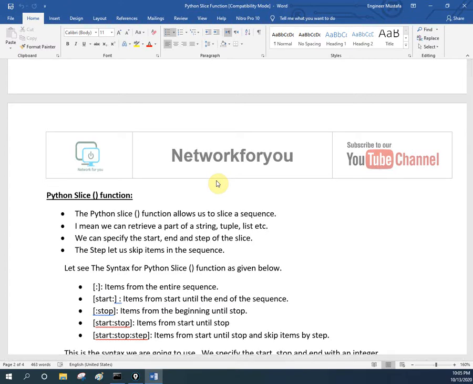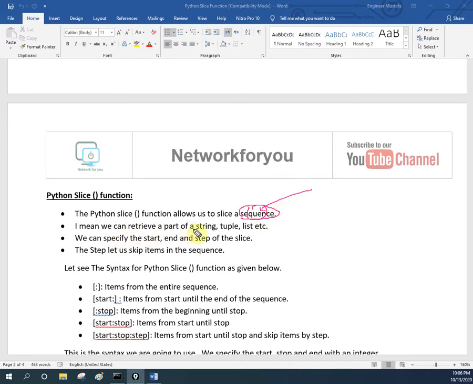Okay, so now let's see. The Python slice function is used for retrieving a particular sequence of data. We are going to take an example here, but before that we need to look at the syntax. With this function we can cut a particular sequence. For example, if I have a long sequence, I can retrieve a part from it.